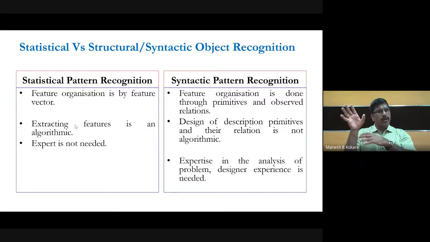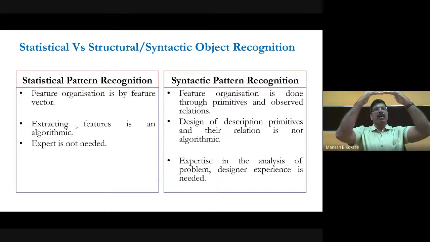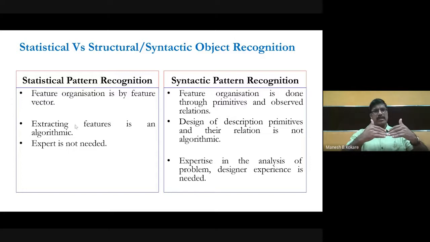You get the 12 subbands. From each subband, extract the feature. That is your third step. And once you extract the features, arrange those features in a feature vector. So that will represent the object. So this is basically an algorithmic process.